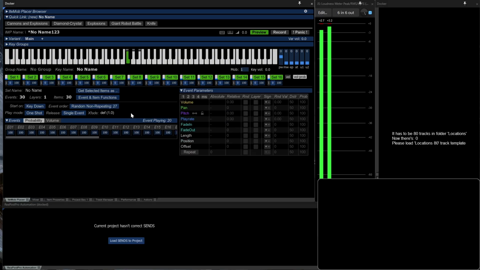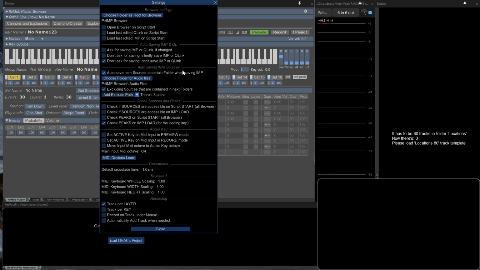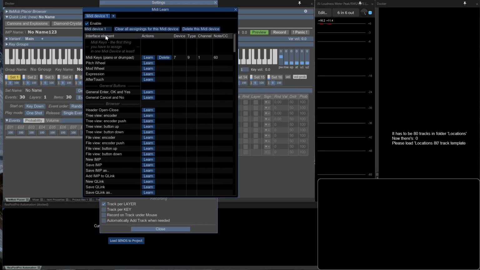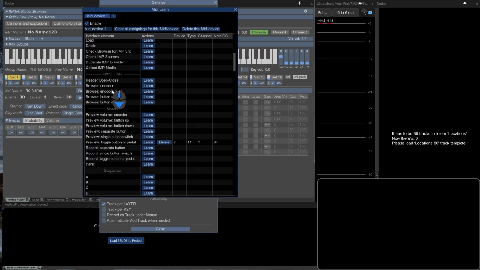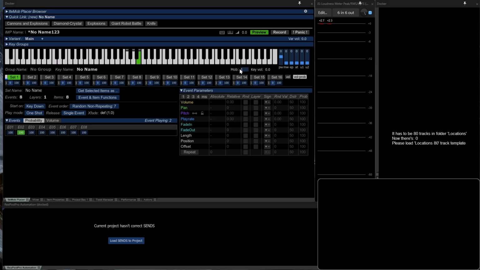You can connect a MIDI keyboard, drum pad, or even several different MIDI devices, allowing you to simultaneously record multiple keys. You can even assign MIDI buttons to different functions and IMP interface elements for quick and convenient control from a MIDI device. The key also has another small, inconspicuous parameter, mob, which allows you to create vertical or simultaneous